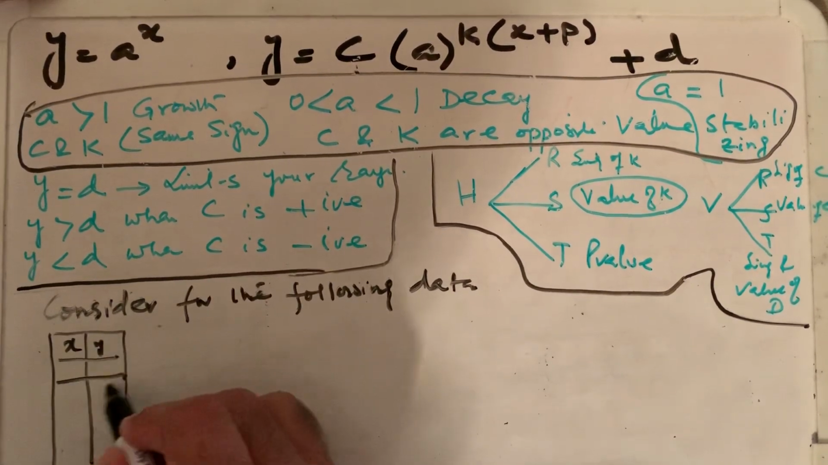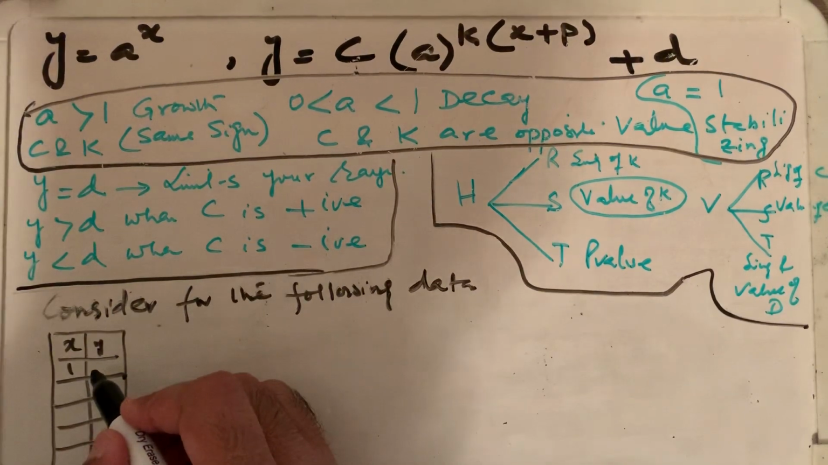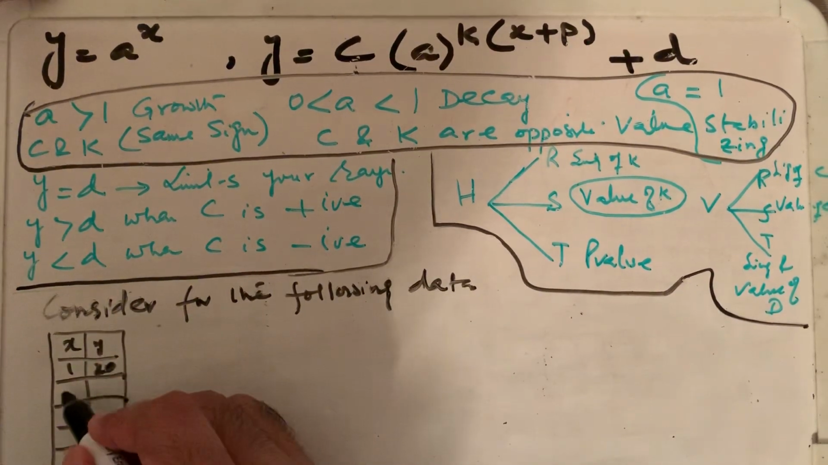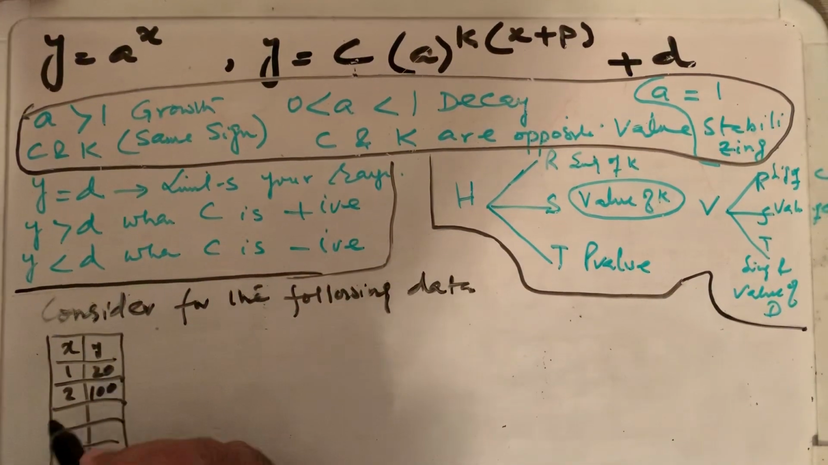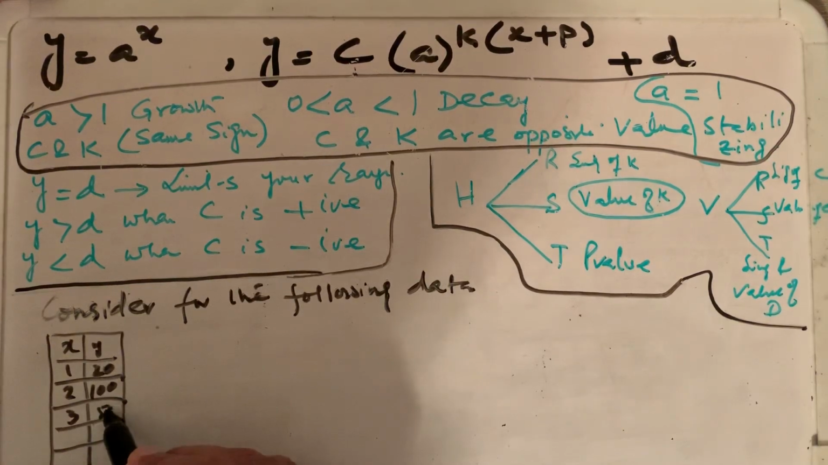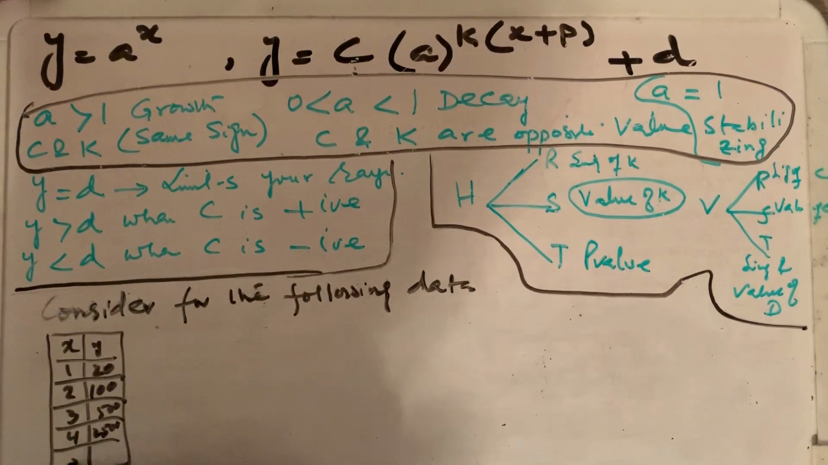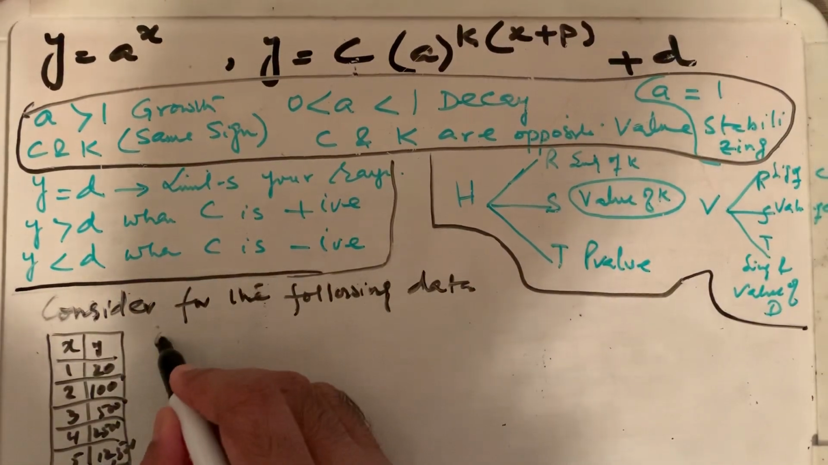So value of x and y are given here, and then the question is saying for value of x, y is 20. For value of x is equals to 2, y is 100. For value of x is equals to 3, we have 500. For 4, we have 2500. For value of 5, we have 12,500. So this way it's going on, right? And the question is asking, part A,